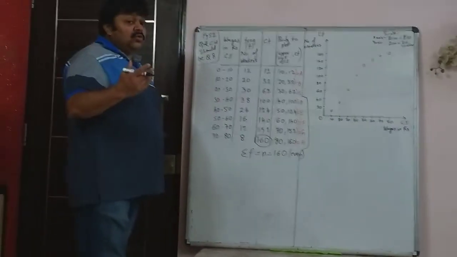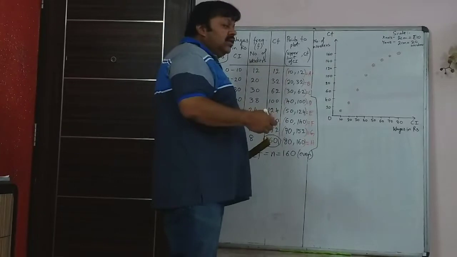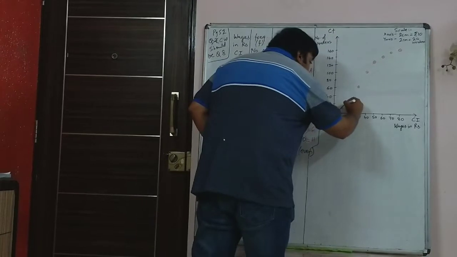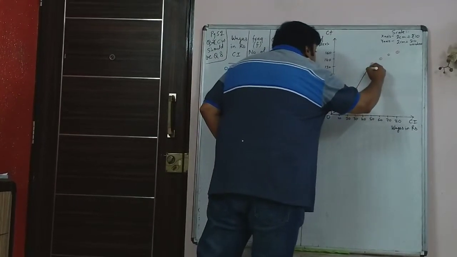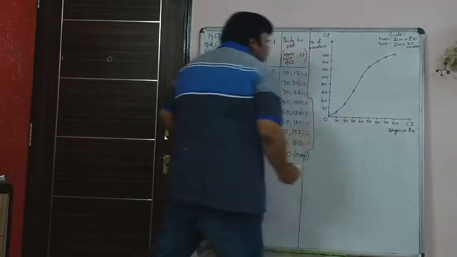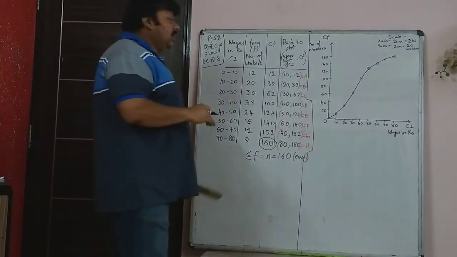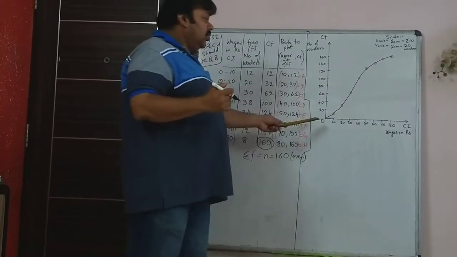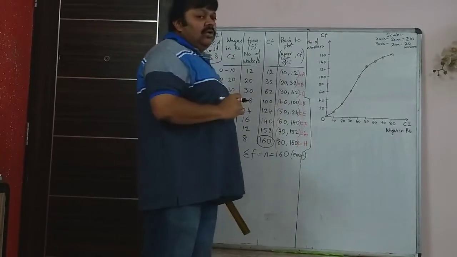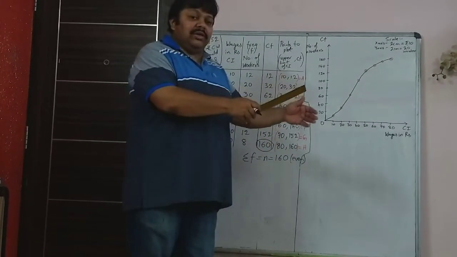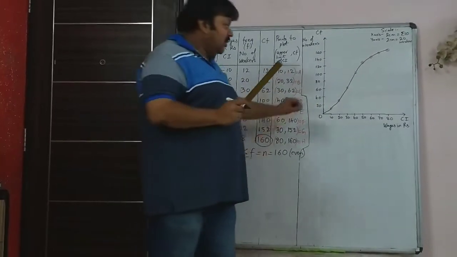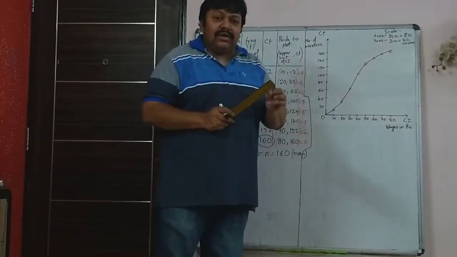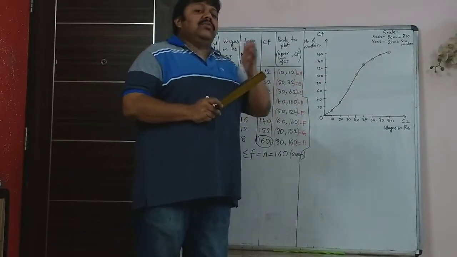Now you are not supposed to use a ruler. You have to draw a freehand curve and join the points. So you will draw the curve like this. That is how you draw the curve. You will not use a ruler and join points one after the other; that is not allowed. You have to draw a curve, and that is why, since your curve will be different from someone else's curve, the values of median, lower quartile, all those answers which you find can differ slightly from student to student.